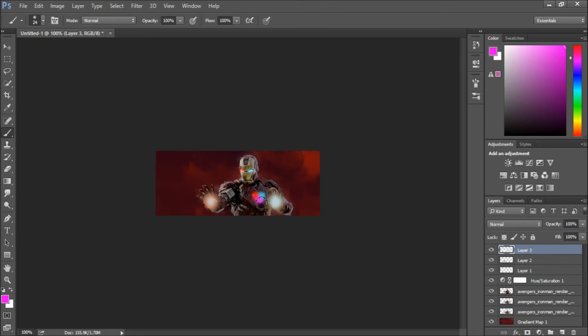I'm not going off any tutorial or anything. You could just do whatever you want. See how that looks pretty good, I think. Could lower the opacity a little bit. Lower the opacity here. I think that looks pretty sick. So now, another thing that's a key that could make or break anything